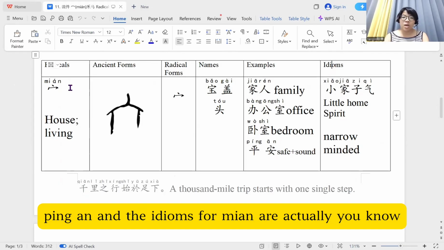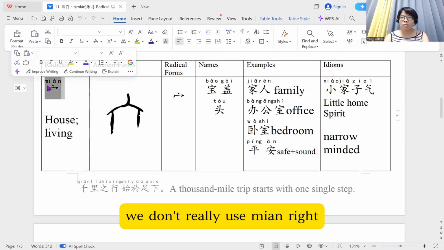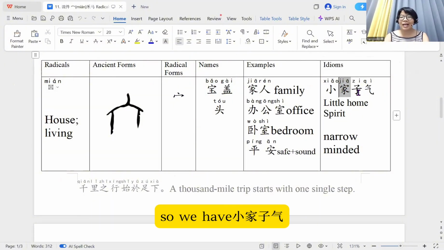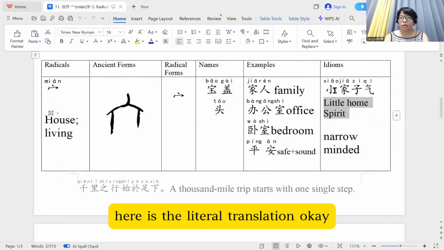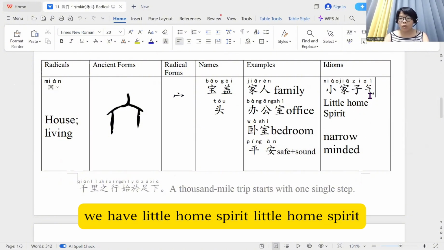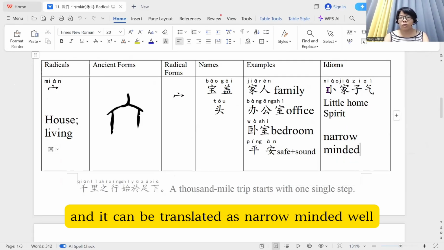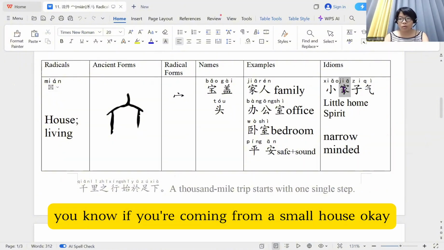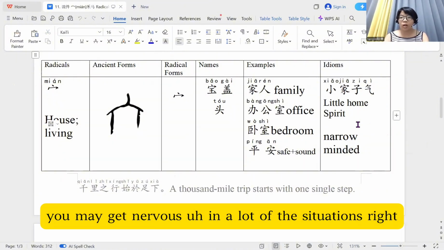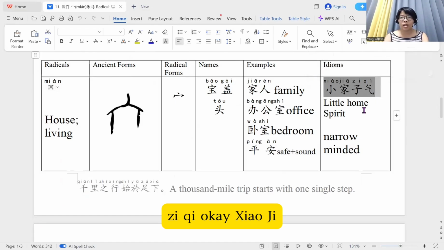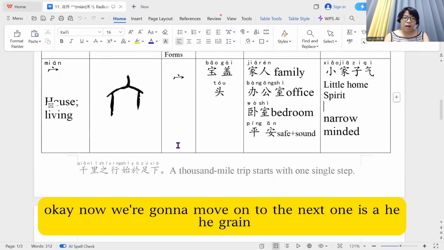And the idioms for 宀, actually, you know, we don't really use 宀, right? So I'm just picking up an idiom for 家. Okay, so we have 小家子气. 小家子气 here is the literal translation. Okay, we have little home spirit, and it can be translated as narrow-minded. Well, you know, if you're coming from a small house, okay, you may get nervous in a lot of situations, right? And then people will say you 小家子气. Okay, now we're gonna move on to